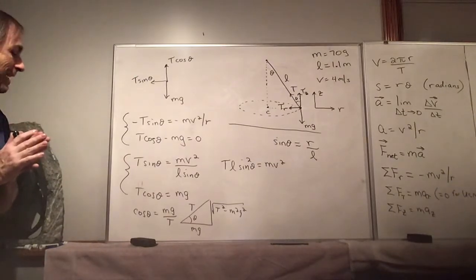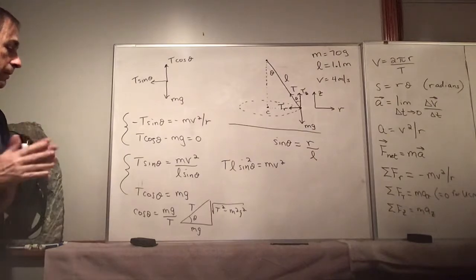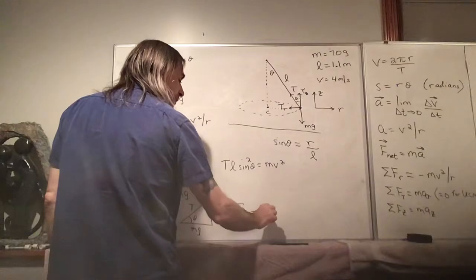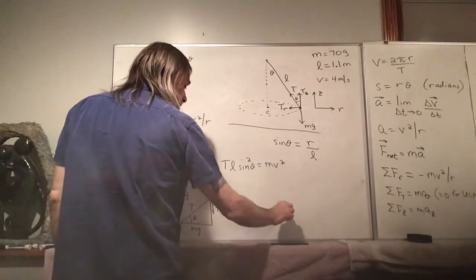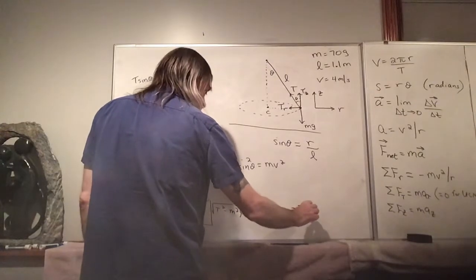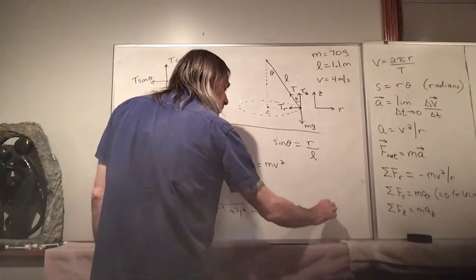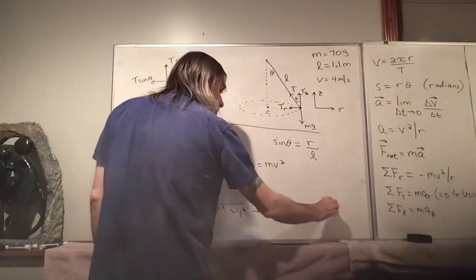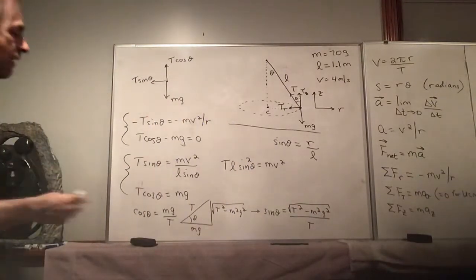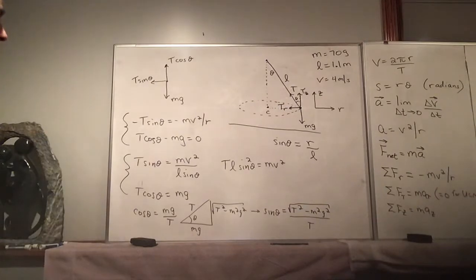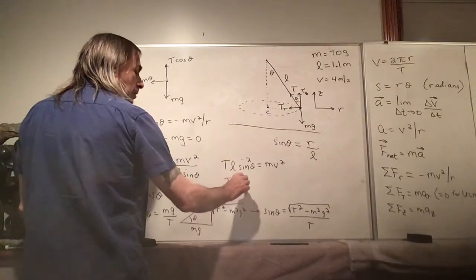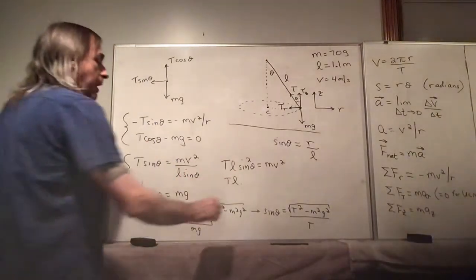So we can say sine of theta would be the square root of T squared minus m squared g squared, divided by T. And then if we square that, we have, so sine squared theta